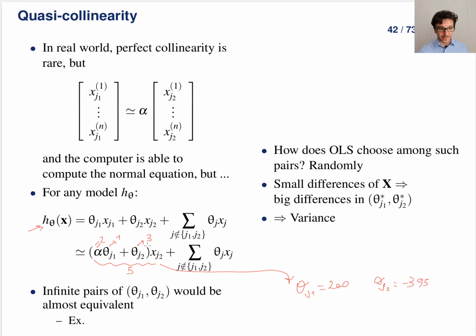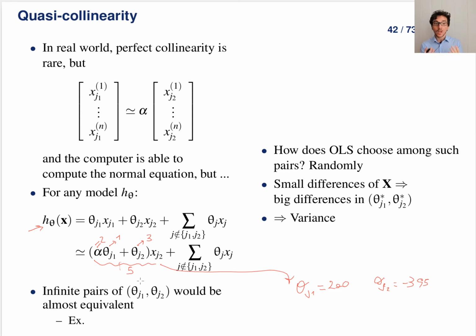Because if you replace these values inside the brackets, you will see that at the end you have the same result, that is 5. So I'm showing you that in case of quasi-collinearity, I'm creating two models that are completely different, but if you apply them in the dataset you have